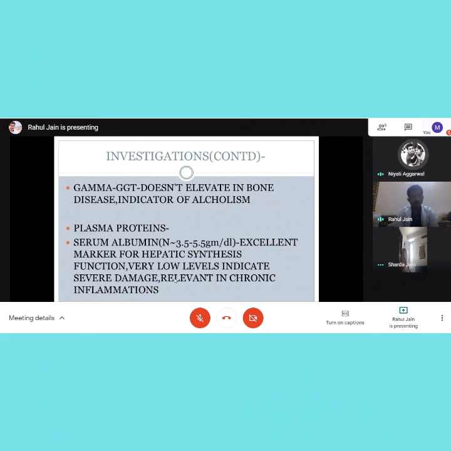Also in all chronic inflammation, including tuberculosis, the serum albumin will be low. So if isolated serum albumin is low in a patient with a history of weight loss and loss of appetite, and investigations are all normal, I can suspect a possibility of tuberculosis, in a thin, frail, malnourished individual. So in India specifically, because tuberculosis incidence is very high, serum albumin is very relevant in chronic inflammation.